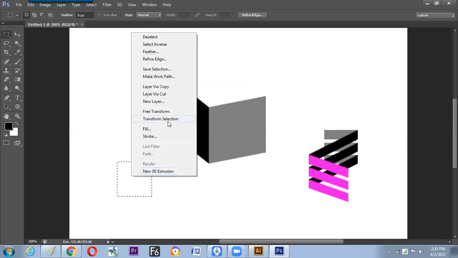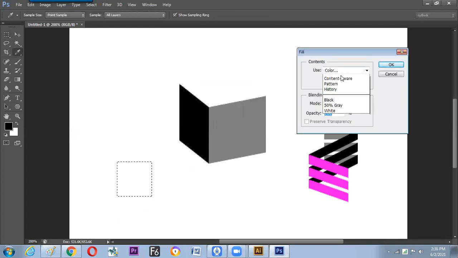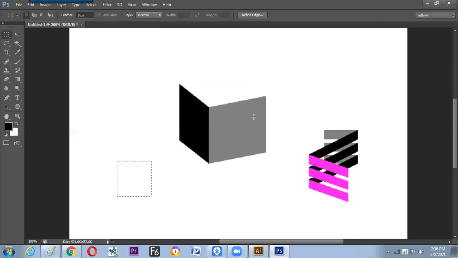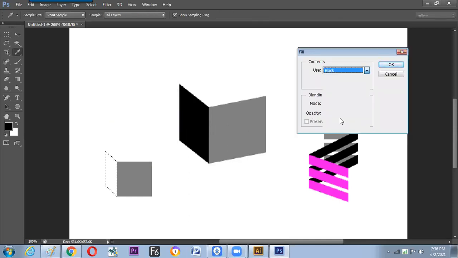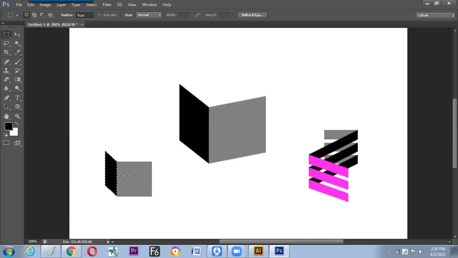Now let us do the same thing. Fill it up with your choice of color. Okay, gray, fine. Again transform it, switch to the other side. Okay, very nice. Press Enter, get it confirmed, and give the next color. What is the next color available? Like black color. Okay. Now we need to get the top part done.